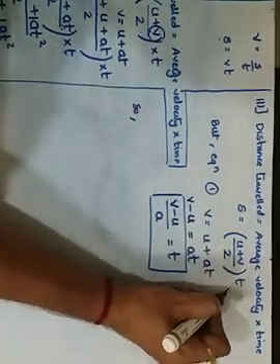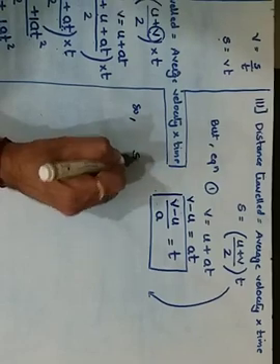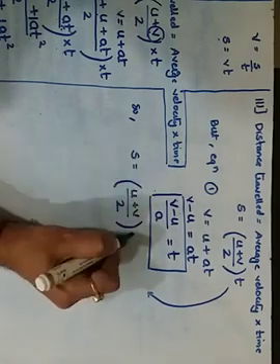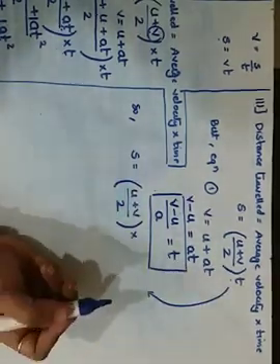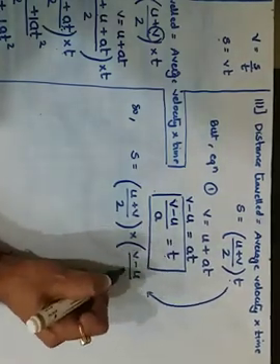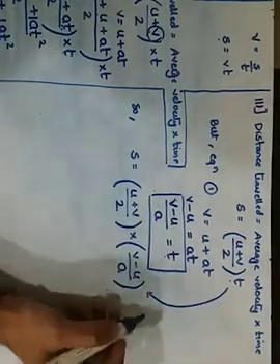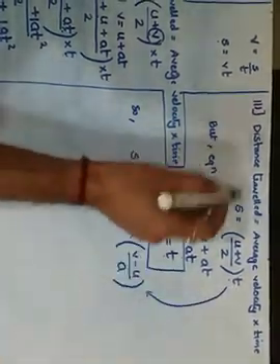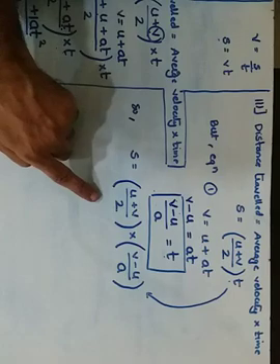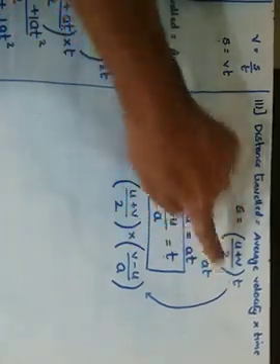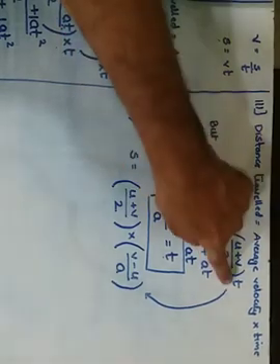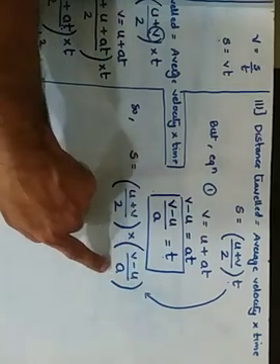Now the first equation which was already there, that s is equals to u plus v upon 2 in one bracket into t, but the value of t is v minus u upon a. Getting it? This is from equation number 3. In equation number 3, there was u plus v upon 2, which I have kept the same, into t, but the value of t I have derived over here. t has become v minus u upon a. So instead of this t, I put v minus u upon a.